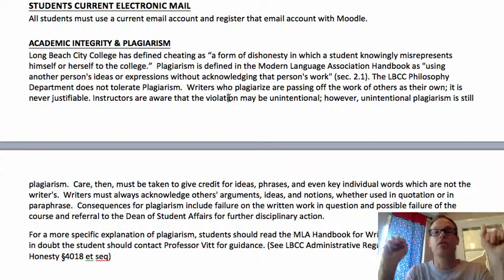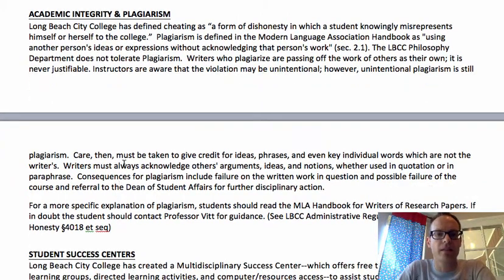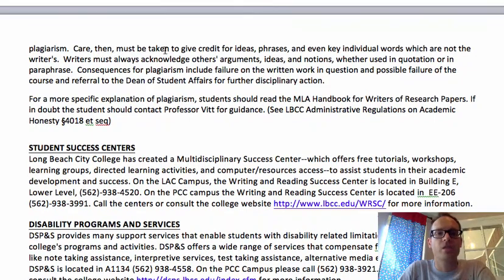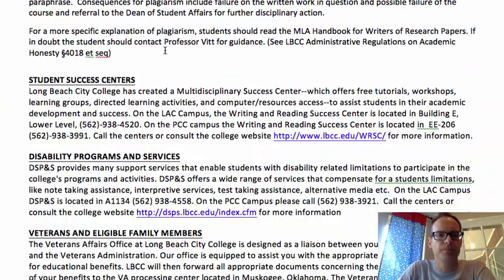Identify language that is not your own by putting quotes around it, and then you cite where you got it from, and then you explain what the quote is talking about. This is really important, and I understand that for some of you it will be new. That's understandable, but any work that you turn in should be your own, not someone else's. Okay, I'm sure this will not be a problem for most of you, but it's just there as fair notice.